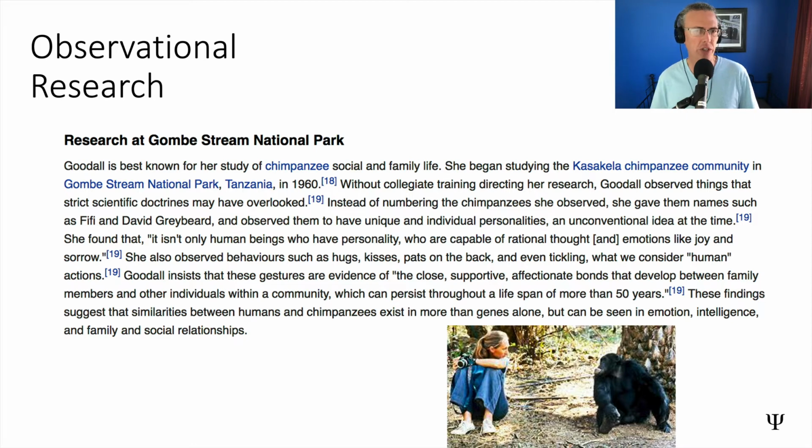One of the things she noticed over time, and this is where the observation comes in, right? She's now hanging around the chimps. She's trying to act like the chimps so she can be around and she can watch them. She has a camera, she has a notebook, so she's doing that kind of stuff. But one of the things she notices at some point is that there's an interesting sort of greeting ritual among the chimps. Invariably, when two chimps meet, one chimp stares into the eyes of the other, and the other chimp